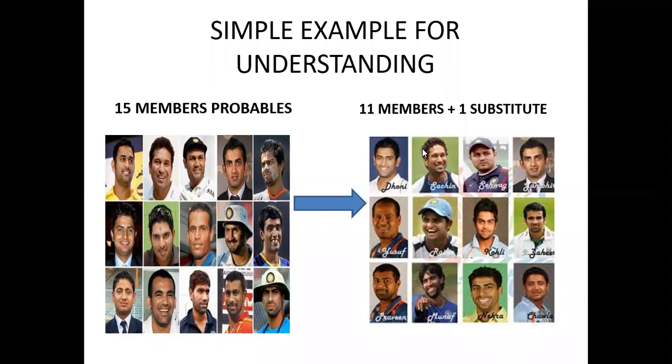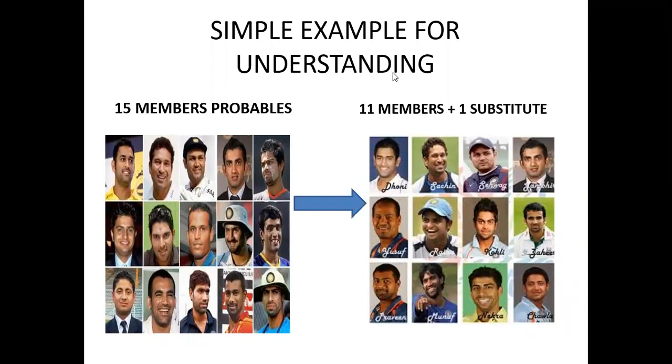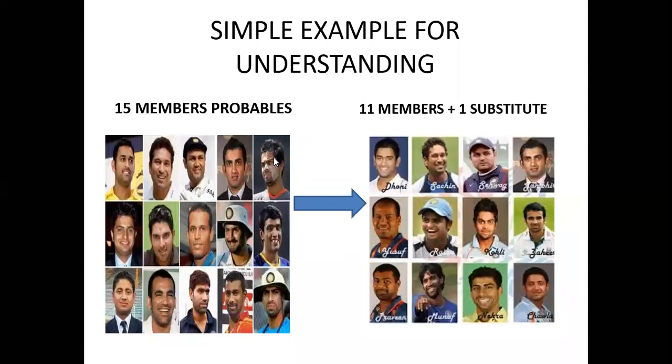Okay, try to understand the concept. Here we are selecting only 11 members from the 15 members, depending upon some preconditions. Means before starting a match, we need to select these 11 members from the 15 members. So that's why we are saying this one is called offline selection. This is not a selection which happens during the match. This is nothing but before starting the match. So that's why this process is called offline selection.